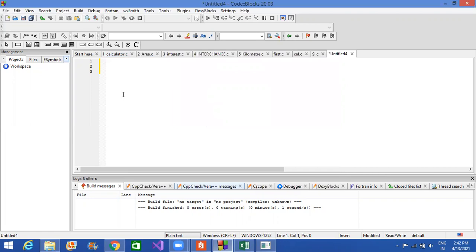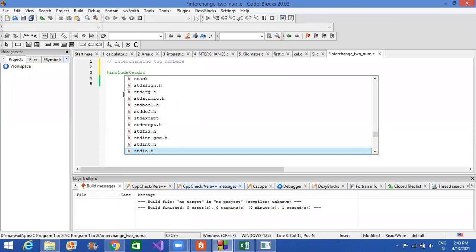Interchanging of two numbers, that could be even the user defined numbers, and I can also give it into the program itself. I'm writing the code